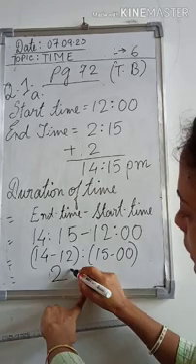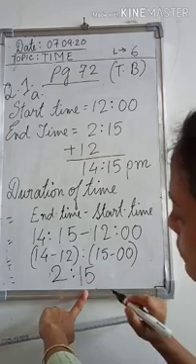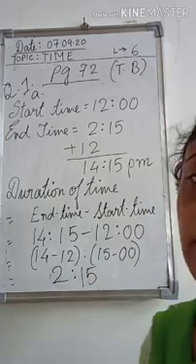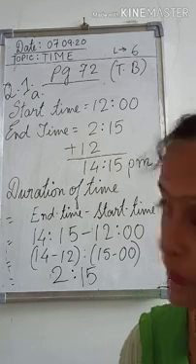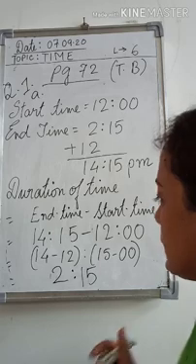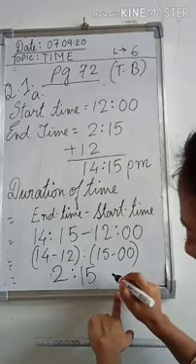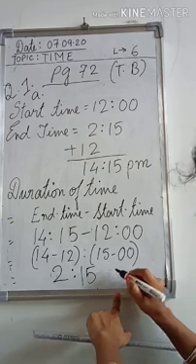And subtract the minute part, it's already 15 and 0, so it means always 15. So that means the time duration that is taken is 2:15. That means your final answer will be, there is no space, so I am writing it here. In 24-hour format you have to write.